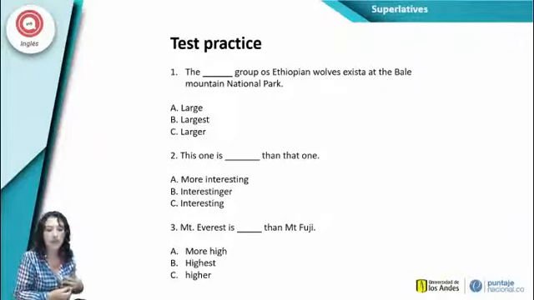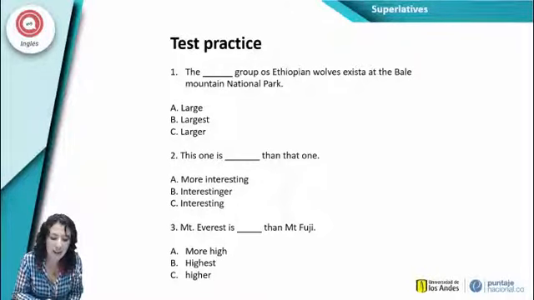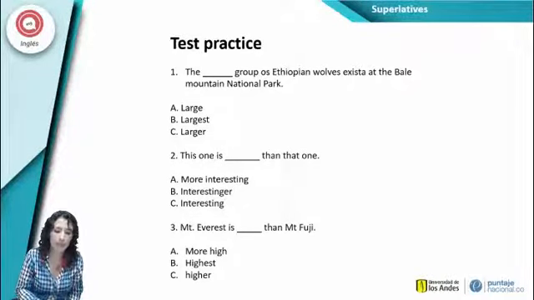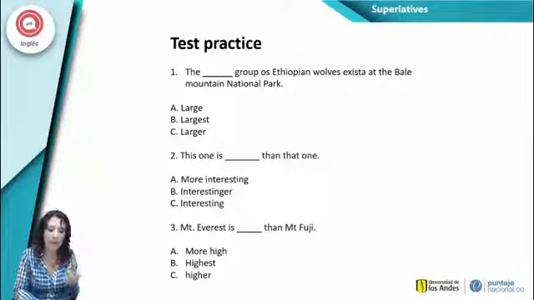The largest group of Ethiopian wolves. I don't know why my corrector is changing my words in the computer. The largest group of Ethiopian wolves exists at the Bell Mountain National Park. So number one is B. Number two,